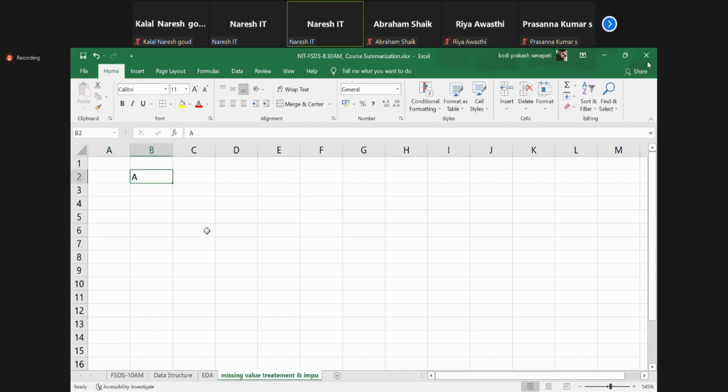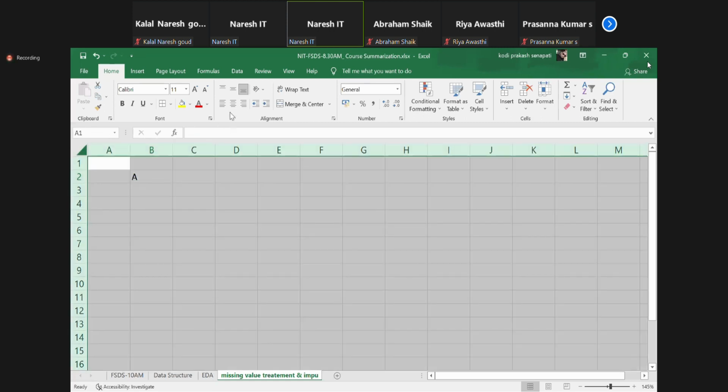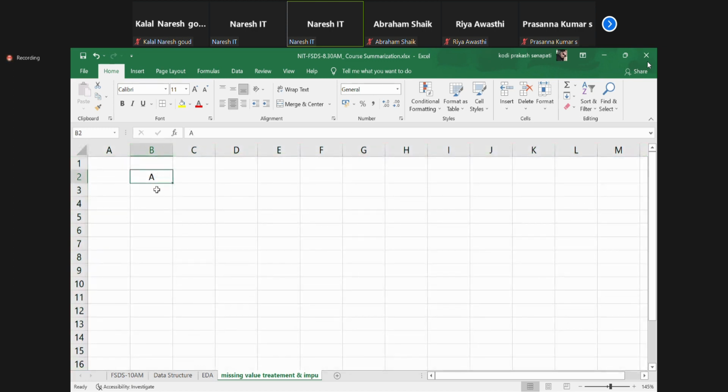Now here, assume I have one attribute which is called A, and then 10, 20, 35, and 40. In this data set, is all the data numbers or not, guys? Numerical data. What kind of data is this? Numerical. Do we have any missing values? Yes. How do missing values come? I told you, if a user entered something, he might have forgotten to enter it.